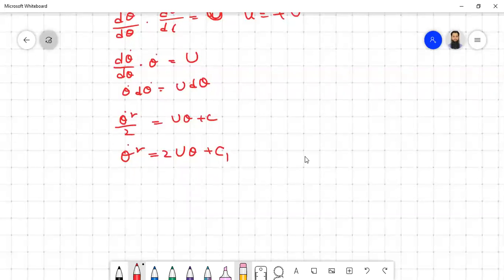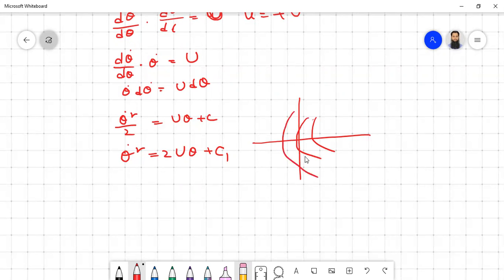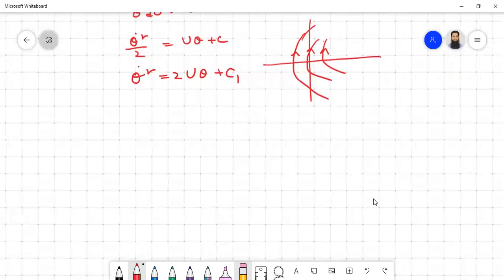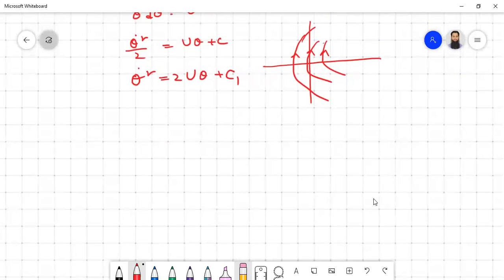Now this is actually a parabolic equation, so your system will have something like this. Some parabolas with different values of c, you're going to have different parabolas. And the direction, same as with the eigenvalue, you can easily figure out. So this is if u equal to plus capital U. Now, if u equal to minus capital U,